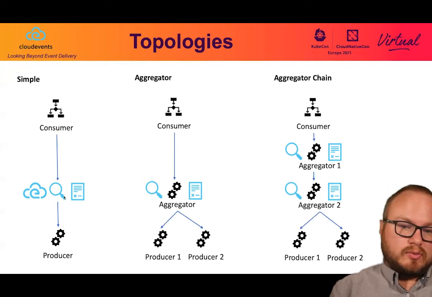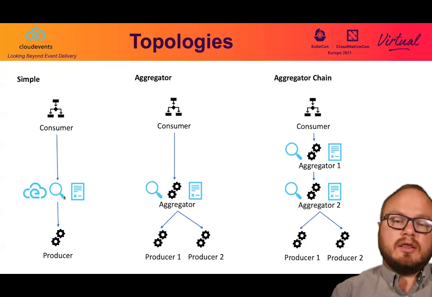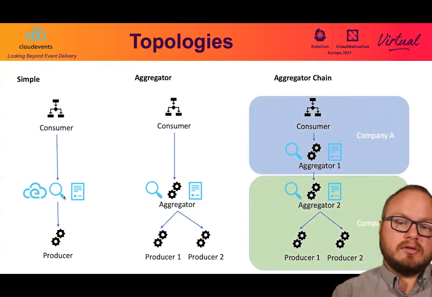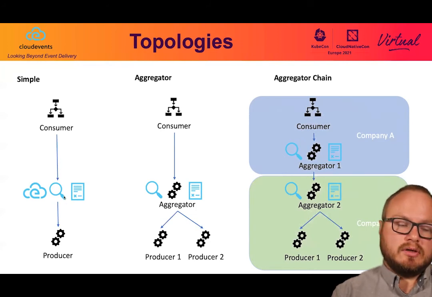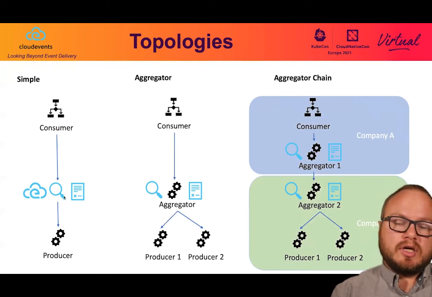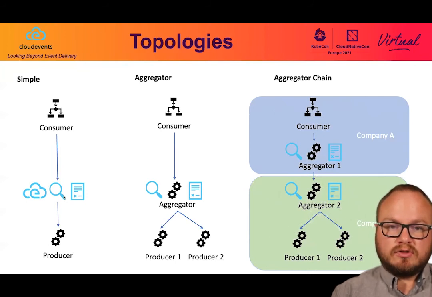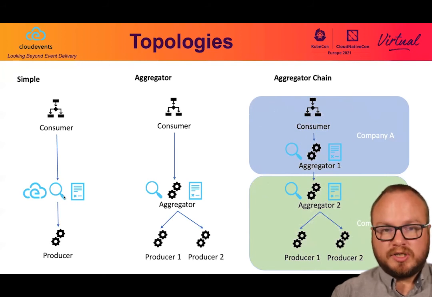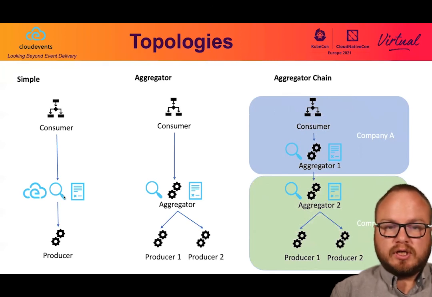And it can be even nicer if we consider that aggregator 2 is in fact in company B, and producers 1 and 2 as well, while in company A we have one aggregator that automatically links all the events from company B. So you can expose to your internal consumers of company A some events from company B without them even having to know about how company B is managed, or even the connection between aggregator 1 and aggregator 2.